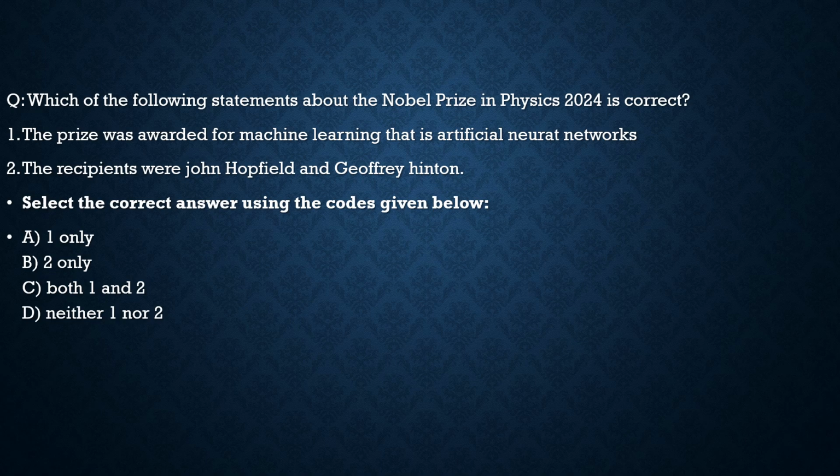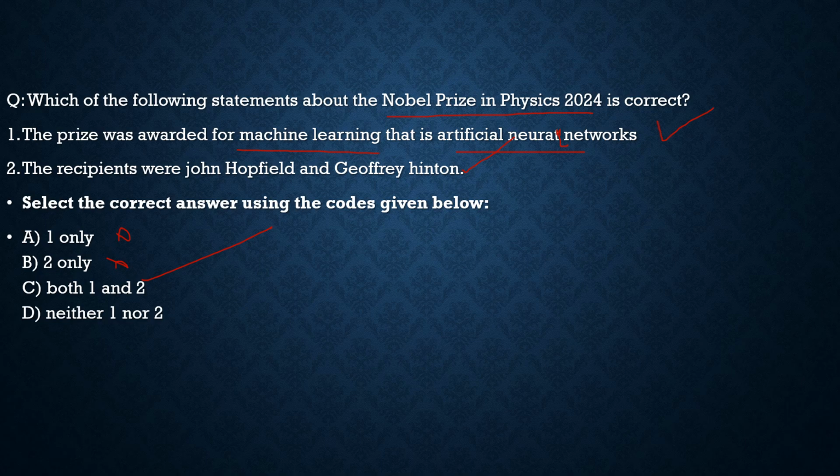It is with respect to the Nobel Prize in Physics 2024. It says, which of the following statements about the Nobel Prize in Physics 2024 is correct? First statement, the prize was awarded for machine learning, that is artificial neural, sorry, it is neural networks, 100% correct. Statement 2, the recipients were John Hopfield and Geoffrey Hinton, 100% correct. So with respect to this, the correct statements are, is 1 only? No. Is it 2 only? No. It is both 1 and 2. So the correct statement is option C. With this, let's move to the